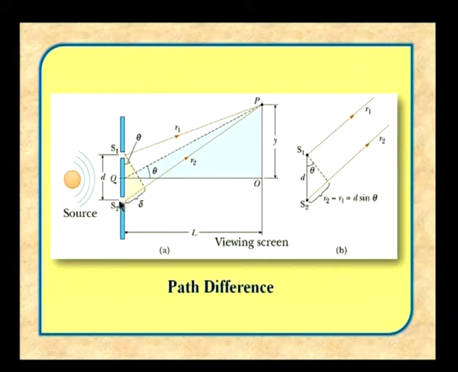So, at this point P, there will be a constructive interference provided you get a crest here and a crest here. This distance delta consists of one full wave, that means you have a crest here and then a trough here and then it goes like this, right. You have got one full wave, you can imagine the crest and then trough and so on. So, if this delta consists of one full wave, then you have a crest here and a crest here, then at the point P there will be constructive interference. In other words, if the path difference is lambda, the delta is lambda, one full wave, right. I told you that I have a full wave here.